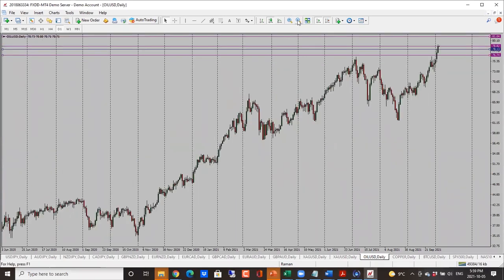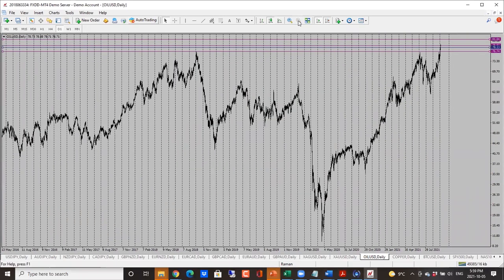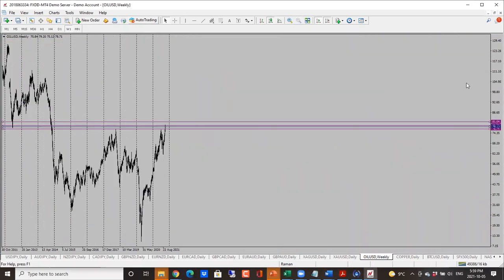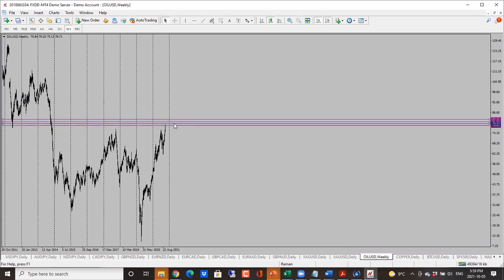Oil there, oil still continuing to the upside. A lot of concerns around supply issues here. So in this case, bias is bullish. And in terms of our targets here,